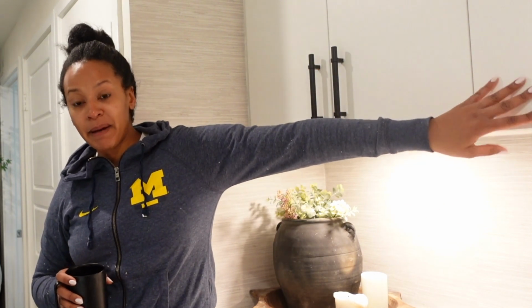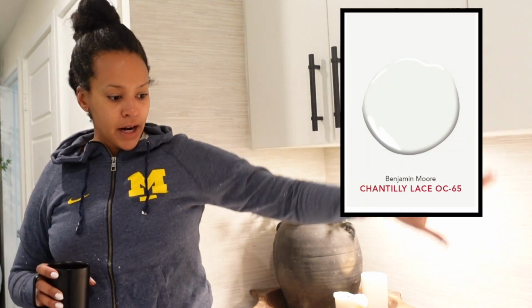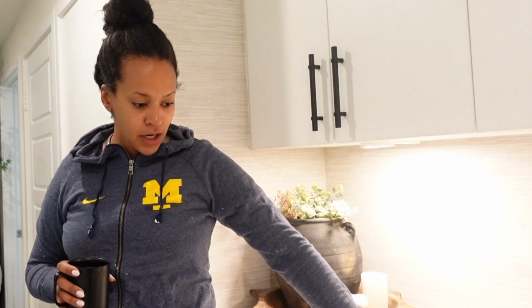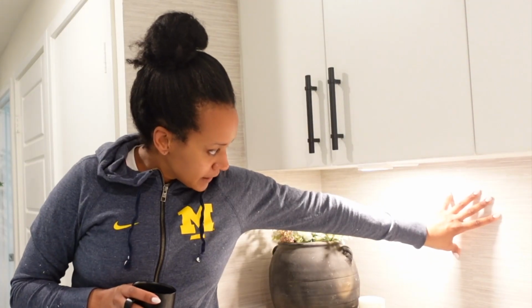Refacing these cabinets, painting them. I'm gonna paint them, I believe Chantilly Lace is the name of the color, by Benjamin Moore, and then replacing this countertop. I will replace the hardware, and then the part 3 here is going to be, I believe,